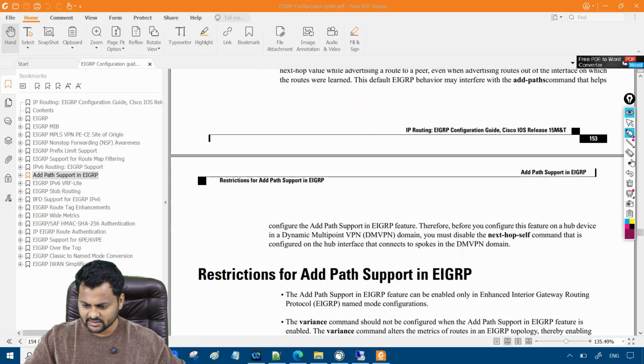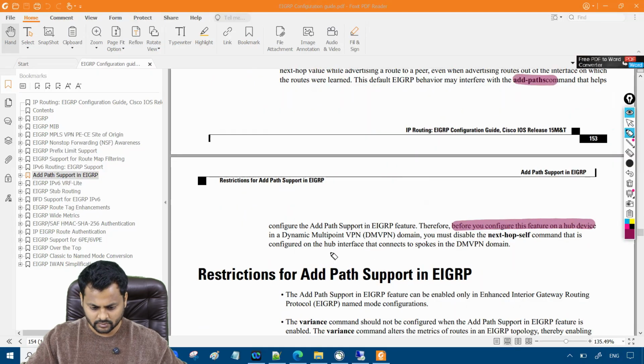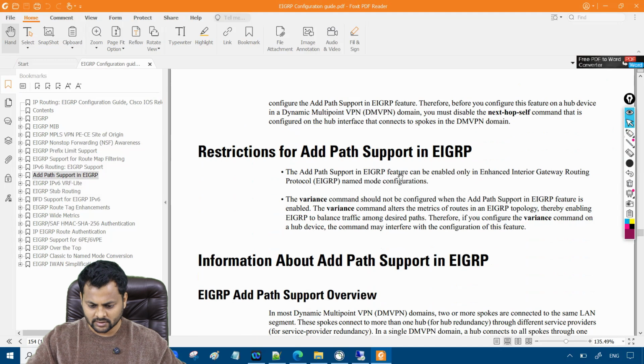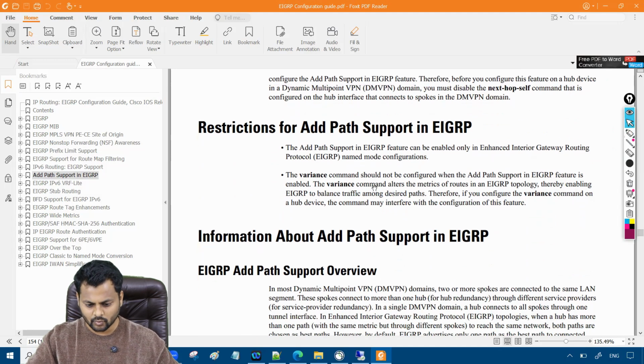This line is saying that before you configure the add path feature in the DMVPN domain, you must disable the next-hop-self command that is configured on the hub interface. That's going to help you achieve phase 2. The add path feature can be enabled in EIGRP named mode only, so you cannot do it in classic mode.